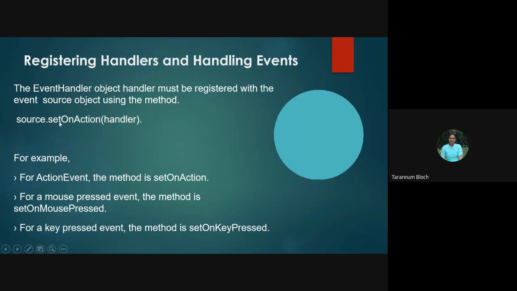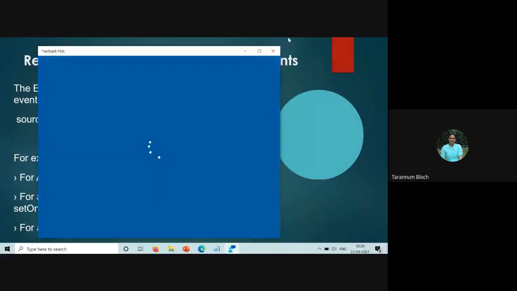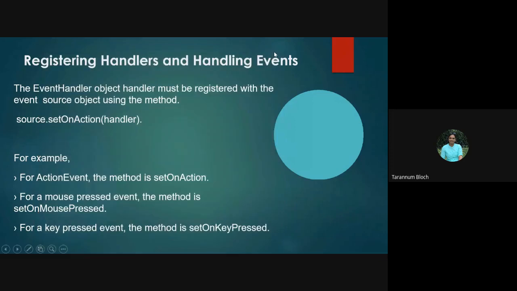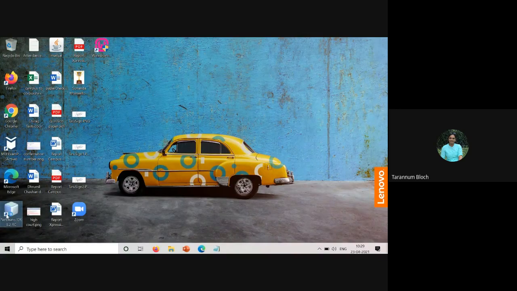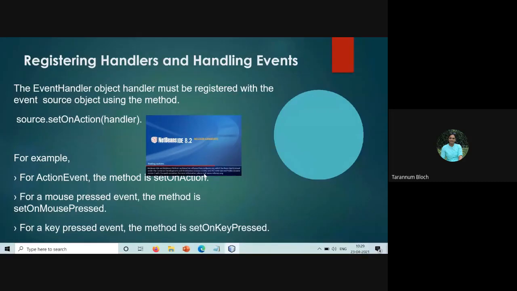We can have source dot set on action, right? For example, if you are doing a key press or button press or a mouse press, you have to write source dot set on action and then the handler name. If you recall our practical about the mouse release and mouse pressed on the screen, where the circle was changing color, we had our source, which was the circle.